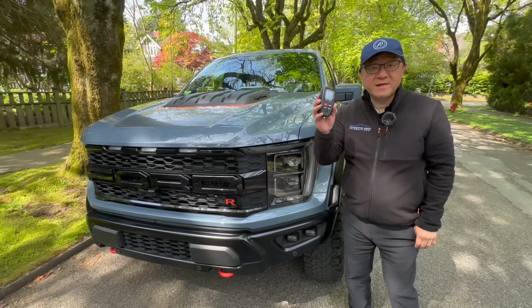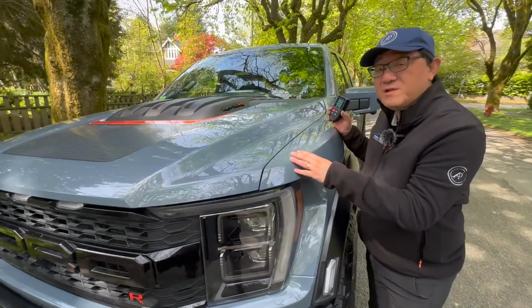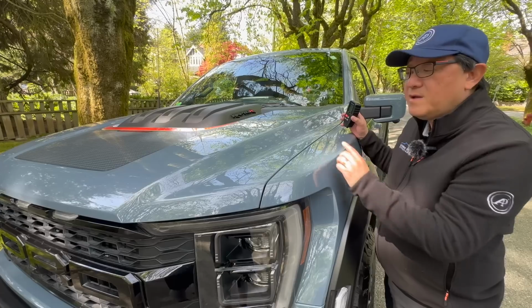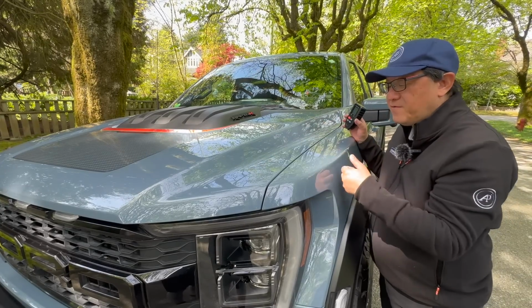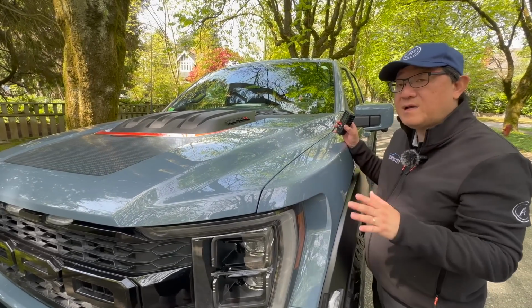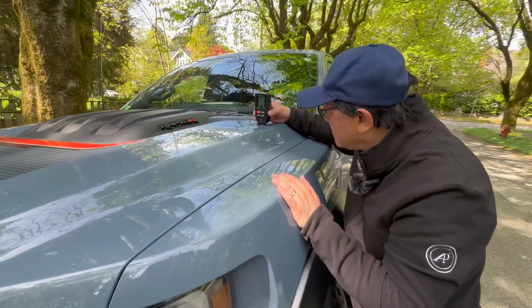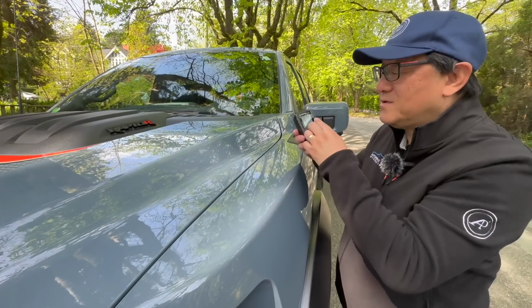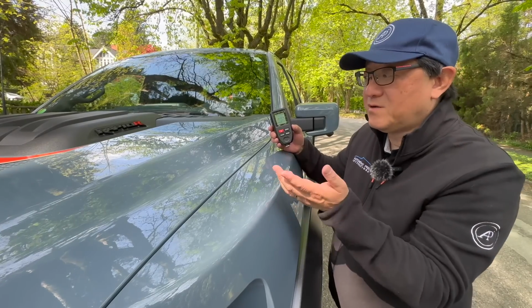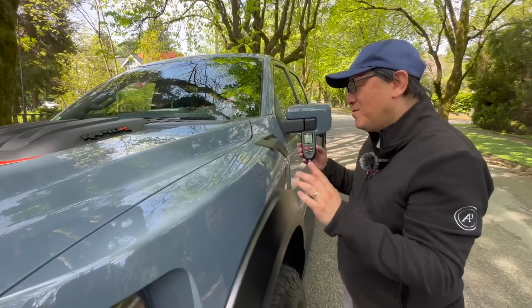Okay, so now I have the paint thickness gauge, and we're going to measure total amount of paint applied on top of the aluminum pieces here, because most of the panels for the Raptor are made from aluminum, except for the hood and the front fender, which are not metal at all. They are not aluminum, they are not steel, so I can't actually read the paint thickness. As you will see here, I can't read it because this only measures thickness of paint if it's aluminum or sheet metal or steel. So I can't tell you what the thickness of the paint job is,